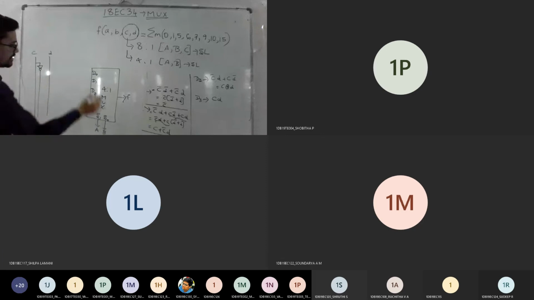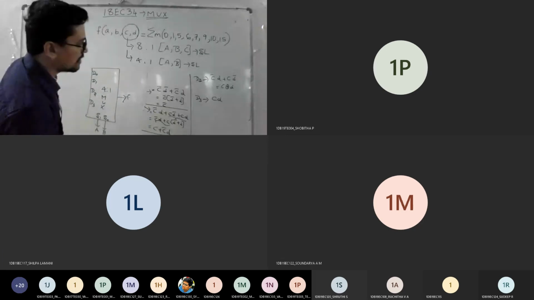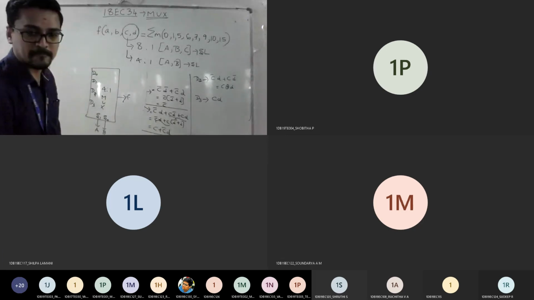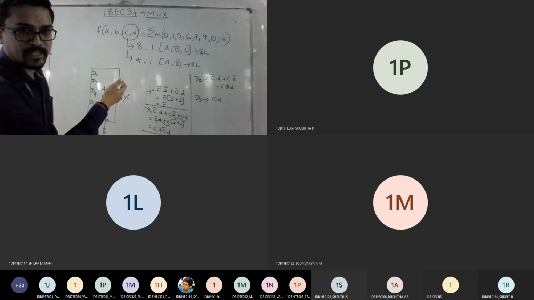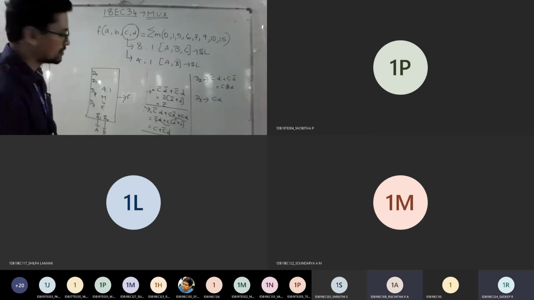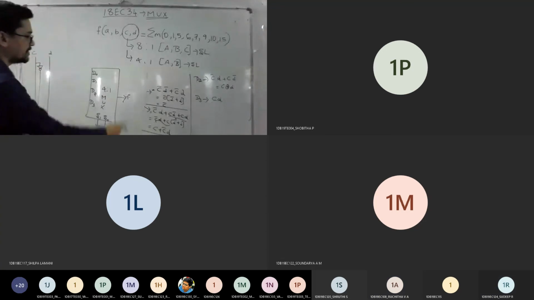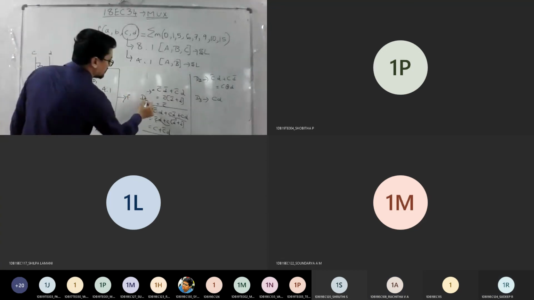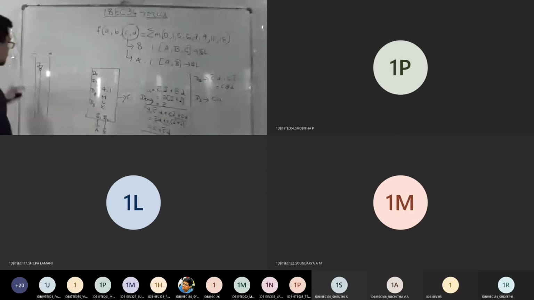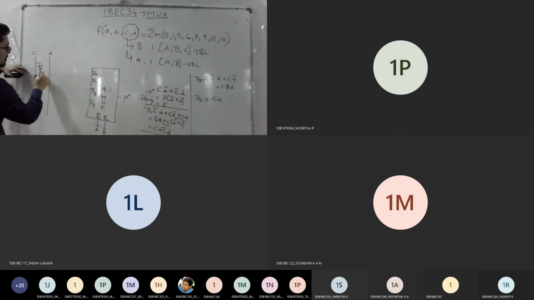Do you have D bar anywhere? Look at the equation: D bar is not there. You're not going to get any complement. So straight away you can write C bar. So this is for D0, pointing to C bar. So take C bar and connect here.